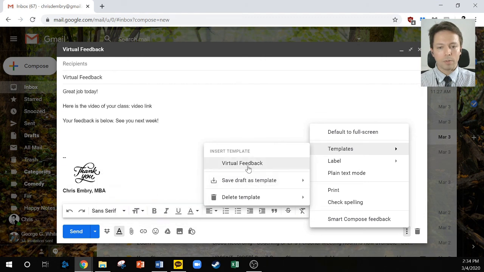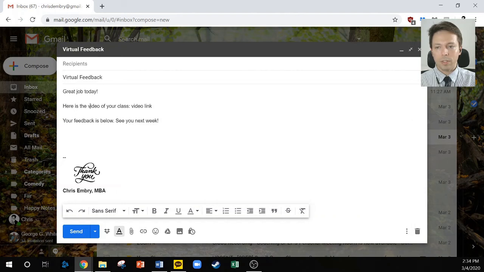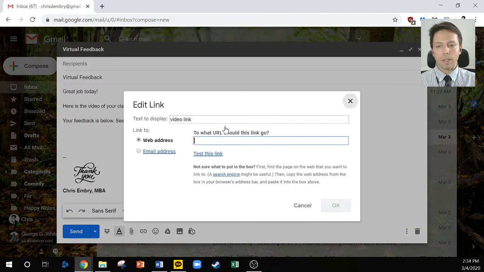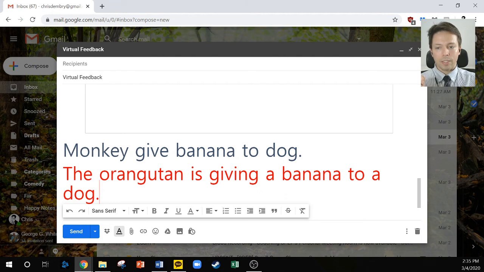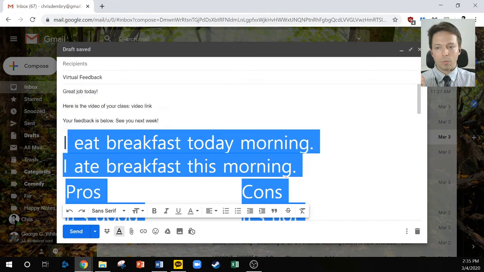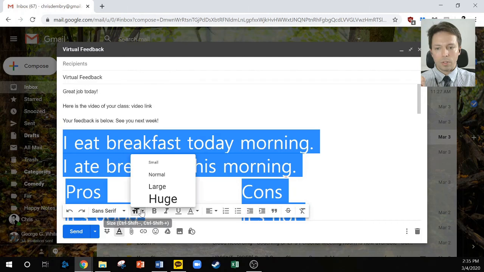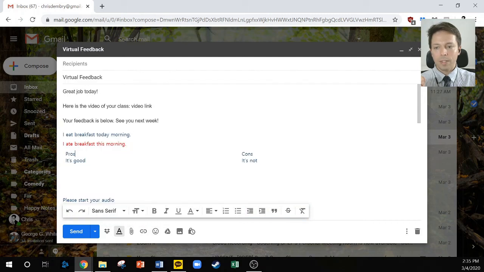I have mine called virtual feedback. It's just a quick place for a video link. If you record to the cloud, Zoom will send you a link, and so I'll link that for them. And then under this part, it says feedback is below. I'll just right-click paste, and you have this giant text here. So you have to reselect, and then right here is your text size. Just go to normal. So the good thing is it preserves the color for you, and